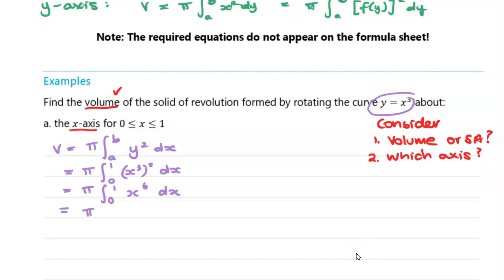That nicely works, because we're going to have x to the power of 7, and divide by that power, and we're going from, again, 0 to 1. So if we sub that in, putting 1 in and multiplying it by pi, we're going to have pi on 7 minus 0, meaning we have a volume of pi on 7,